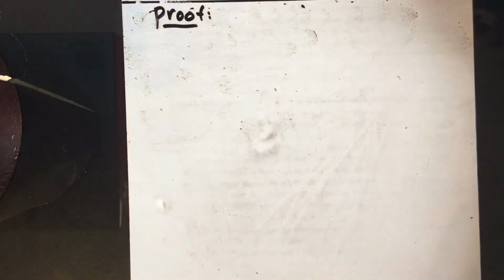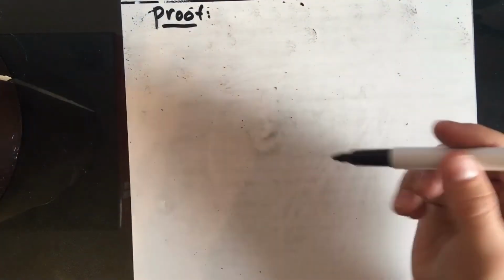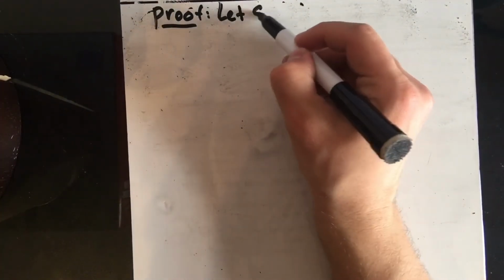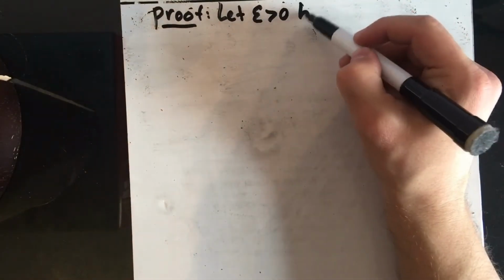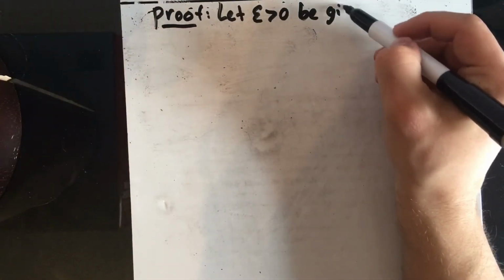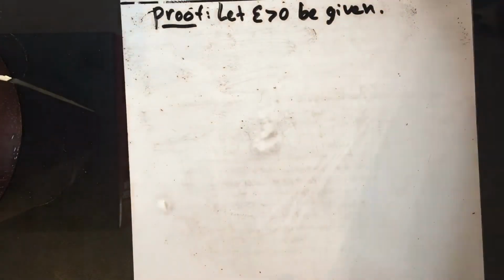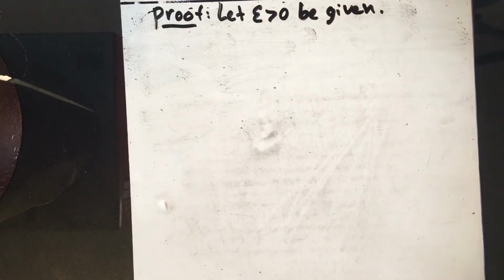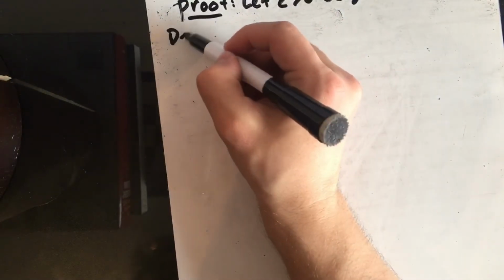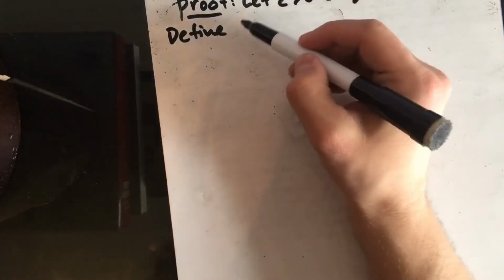So let's begin our proof. We can start by first introducing the epsilon. So let epsilon greater than 0 be given. Now we use the big N we found in our side work to establish our choice of big N in our proof. Define big N to be